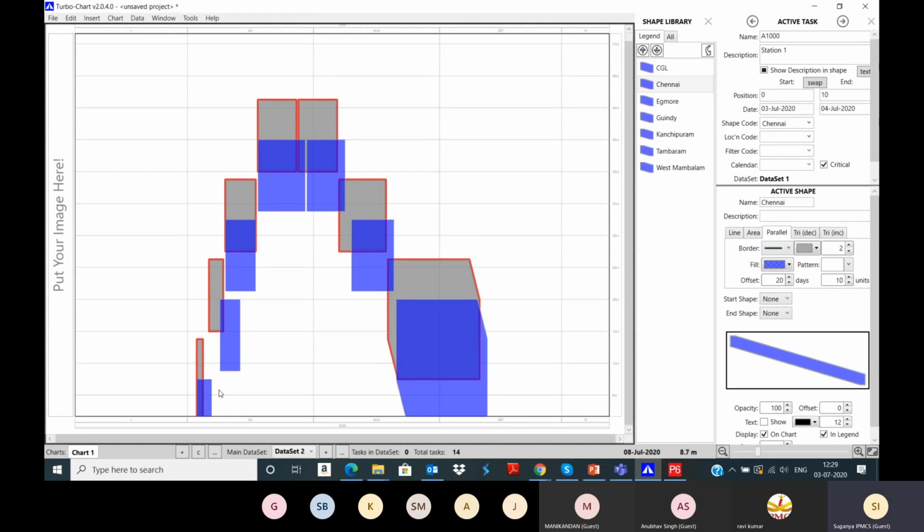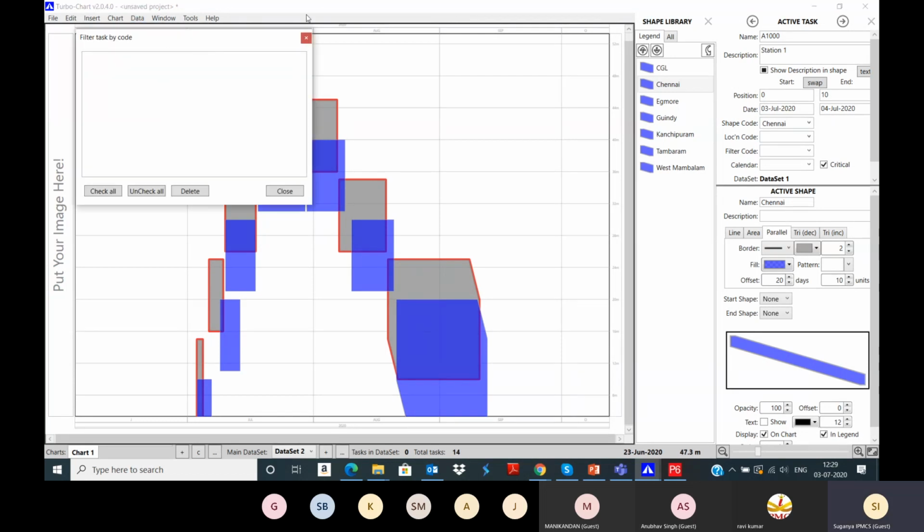It was planned on this particular location on the particular date, but in the actual it started on this date and finished on this date, and the predictions for the remaining activities, this is going to start on this date and end on this date. The forecast dates are also visible, and the clashes or the deviation is visible here, planned versus actuals. Also here you can apply the filters if you have any filters. Right now I have not set any filters, so it is not displaying here.